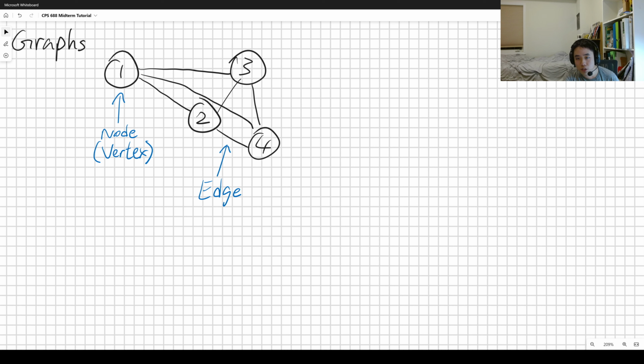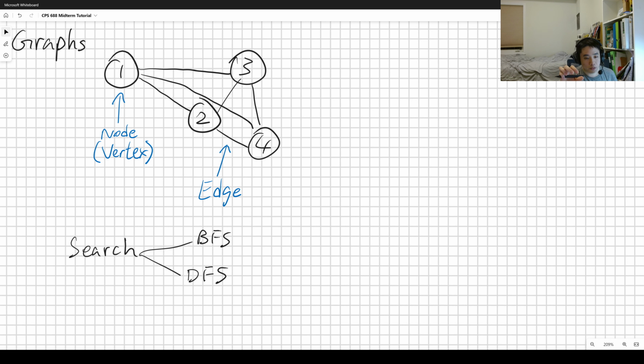Okay, so how do we search through a graph like this? There are two ways. For searching, we have BFS, which is breadth first search, and DFS, which is depth first search. So for BFS,